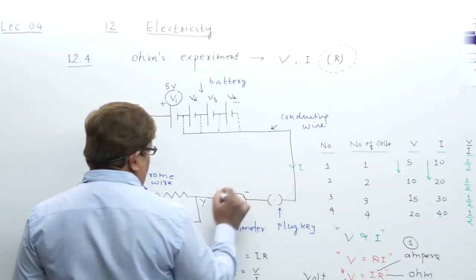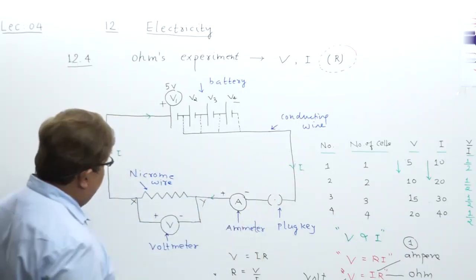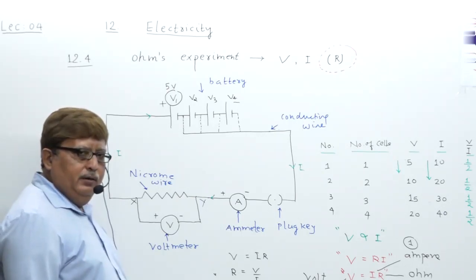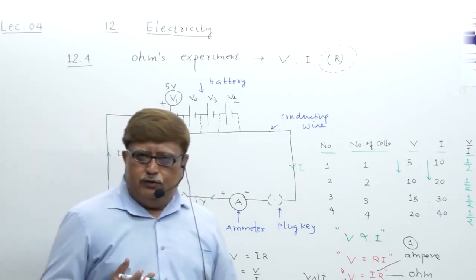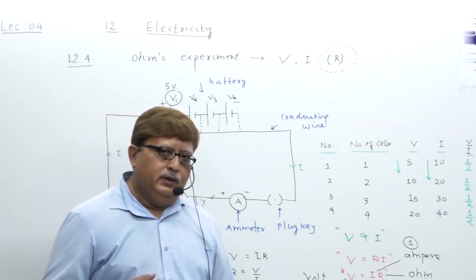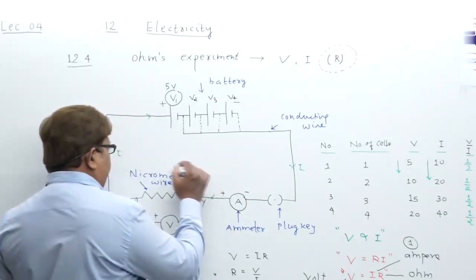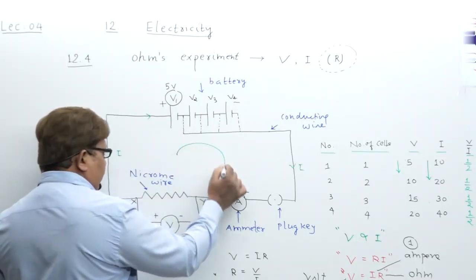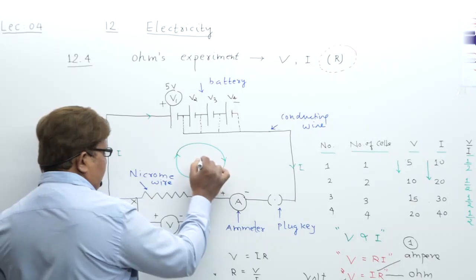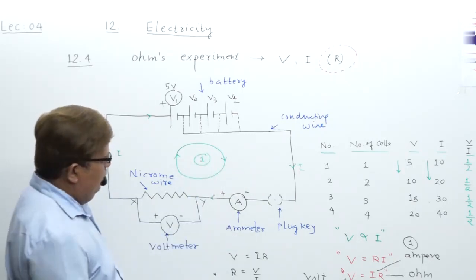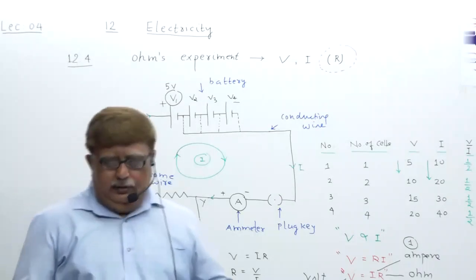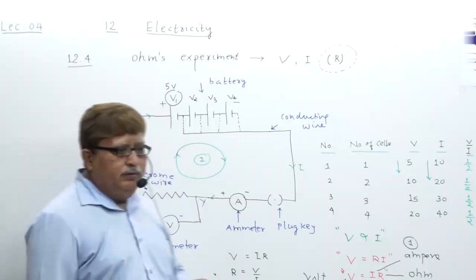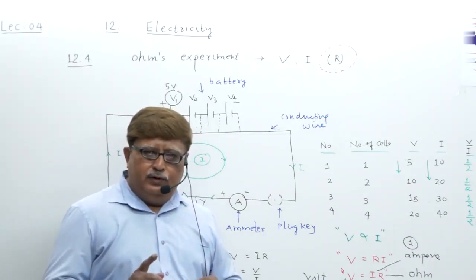Okay. Just try to understand one very important thing. What do you mean by electric circuit? Suppose I ask you in the exam. So just, my dear student, try to understand: the closed path of electric current. Closed path. Understand? How will you define electric circuit? The closed path of flow of electric current.